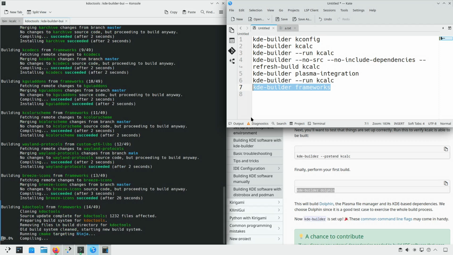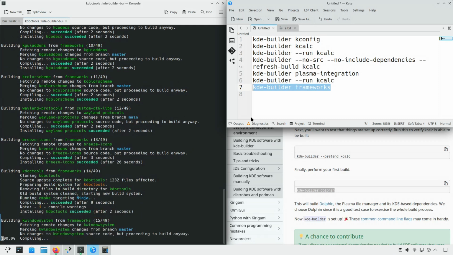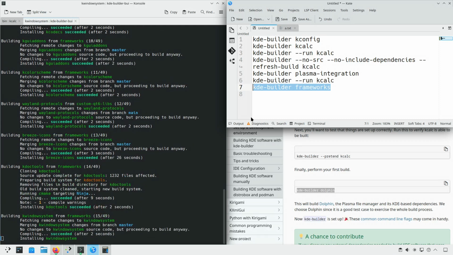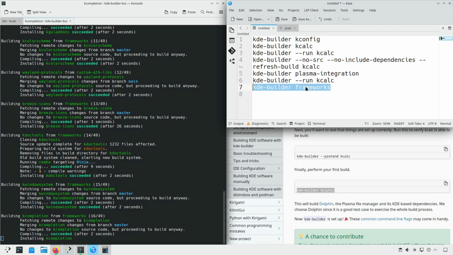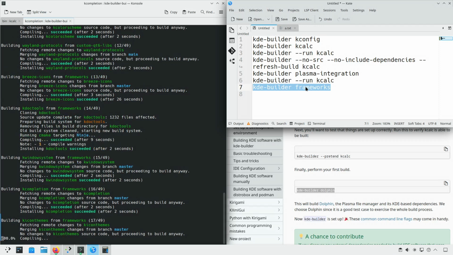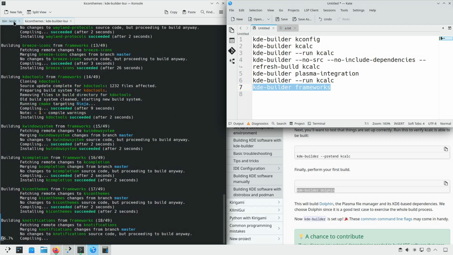Just the KMail or whatever KDE Git repository you're building, only that should exist in ~/kde. And you do that by making sure that you install all of the dependencies of KMail. Probably you also install KMail as a binary package